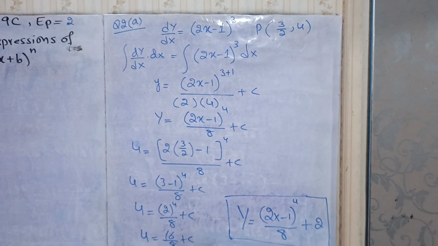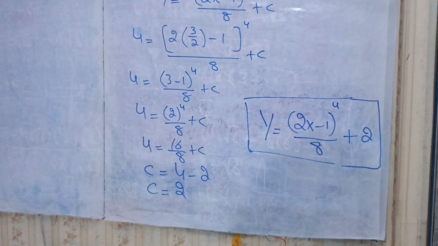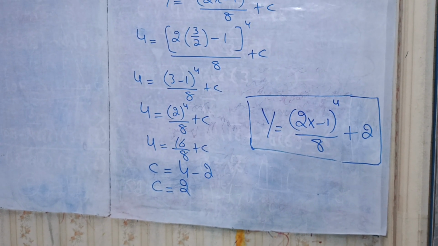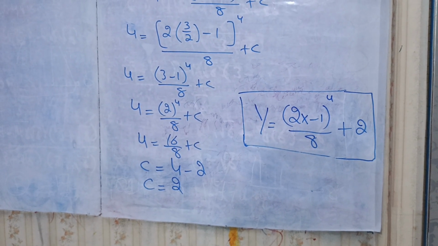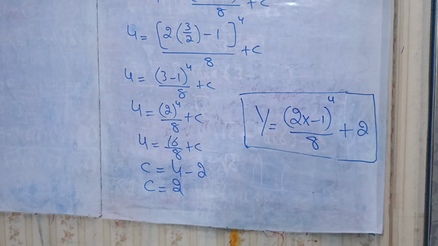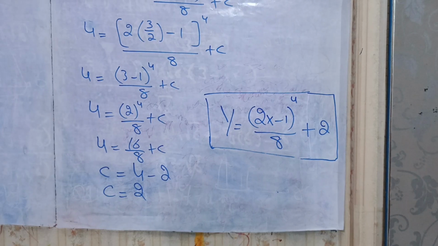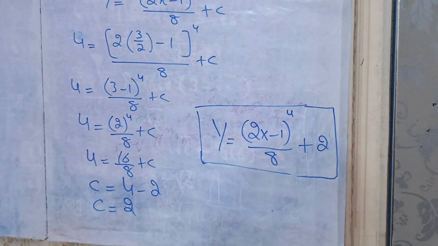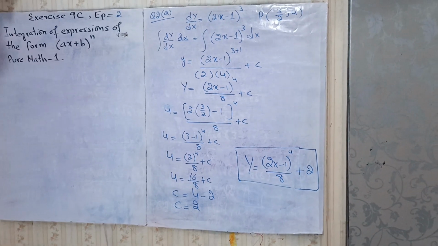I want to find out the value of that c. So this will become 4 is equal to (3 minus 1) whole raised to power 4 divided by 8 plus c. So 4 will be equal to 2 raised to power 4 divided by 8 plus c. So 4 will be equal to 16 by 8, which is 2, plus c. That 2 will go on the other side, it will subtract. So c will be equal to 4 minus 2. So the c value is 2. So the equation will become y is equal to (2x minus 1) whole raised to power 4 divided by 8